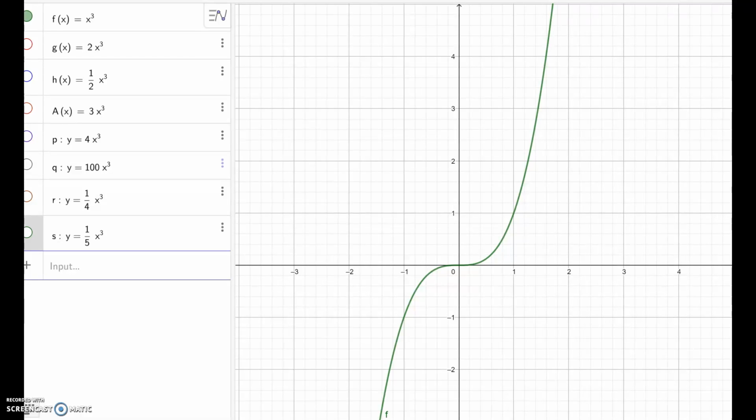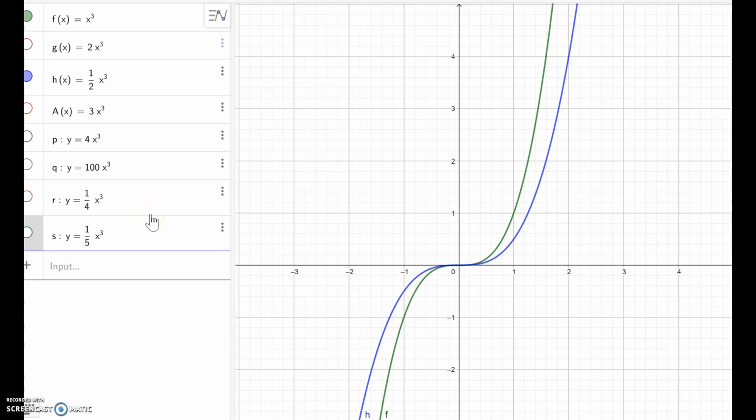So what about h(x) equal to 1 over 2x cubed? As you see in this case, this blue one is h(x) equal to 1 over 2x cubed. The green one is x cubed. So it's getting wider here. So I'm gonna show a little more